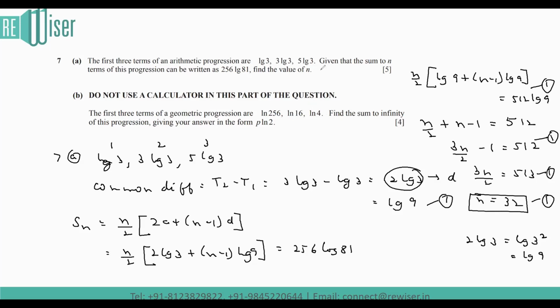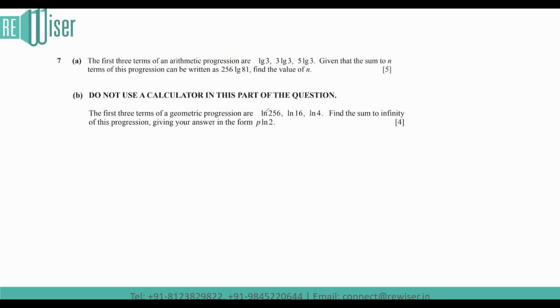Now, moving on to part 7b of the question, it says that the first 3 terms of a geometric progression are ln 256, ln 16, and ln 4. We have to find the sum to infinity of this progression, giving our answer in the form of p ln 2. So we need to convert all of these into one common base. So if I'm doing 7b, ln of 256 can be written as 4 ln 4,